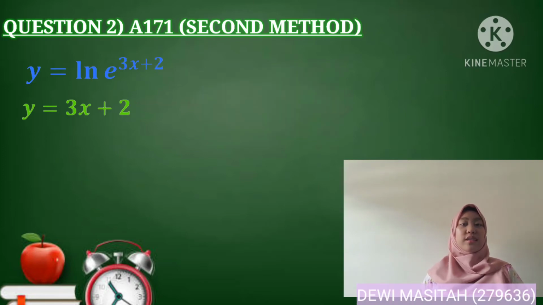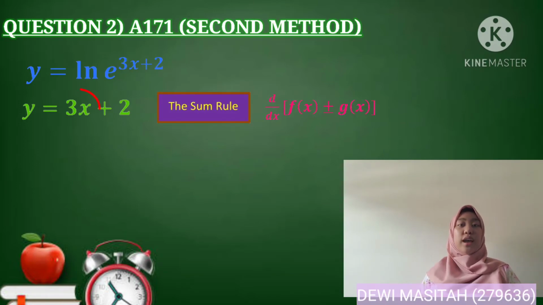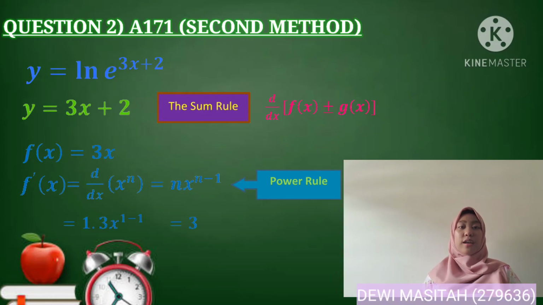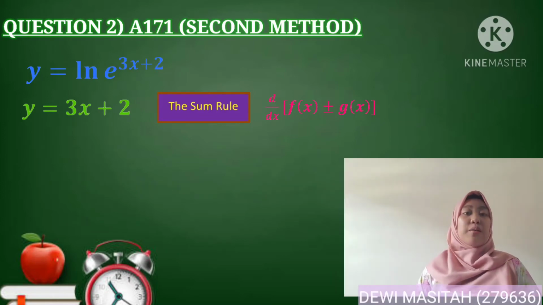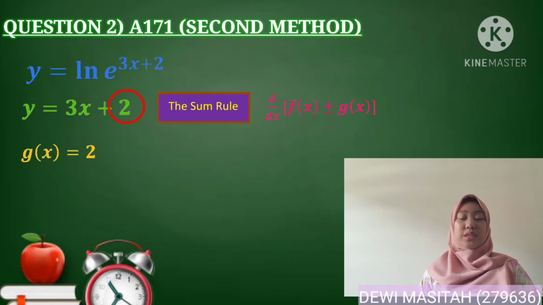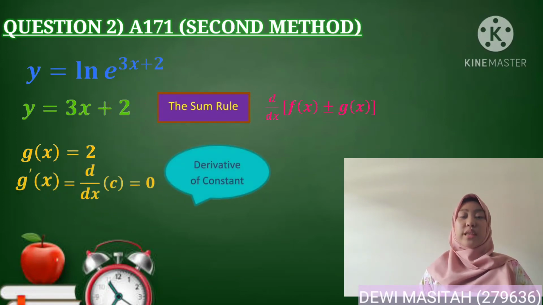So, to differentiate the function, we involve some rules, and here is the formula. From this function, 3x is represented as f(x), and to differentiate this function, we involve the power rule, and that's why the derivative of f(x) is equal to 3. Meanwhile, 2 is represented as g(x), and to find g prime x, it involves rule number 1,